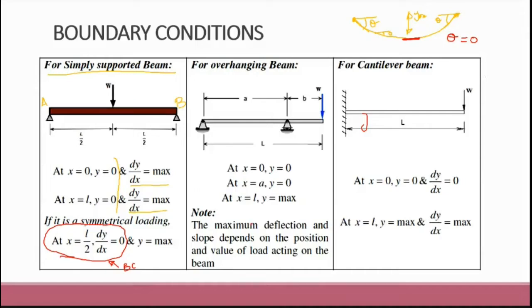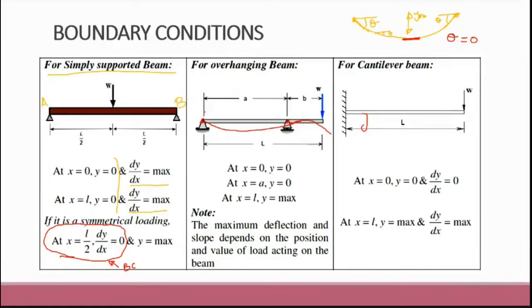Okay? Let me go to this overhanging beam. So let me consider you have a beam, you have a load, whatever it is. The support is only this point. So when I apply a force, what happens? You will have a deflection, something like this. Whatever it is, we don't know how it will be. It is a combination of a cantilever and a simply supported beam. So we don't know where it will be.